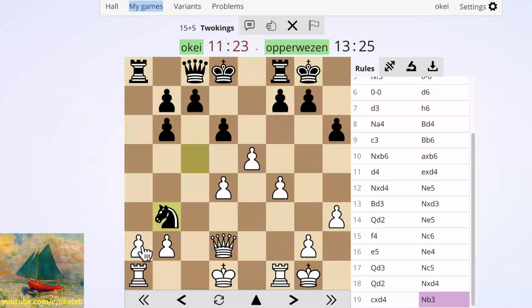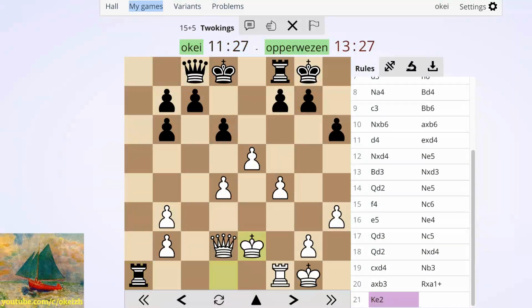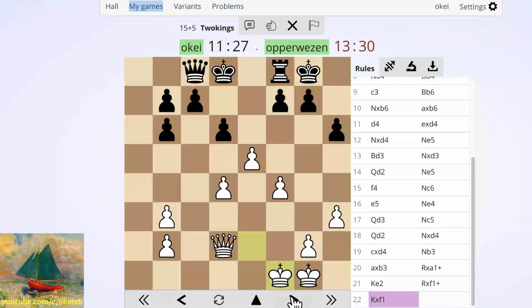Interesting. He's got a nice fork on me. Darn it. Okay, yep, well played. That's a nice one. He takes the rook, and it's check. To do this. And then he does that. I think I take with the king. So...